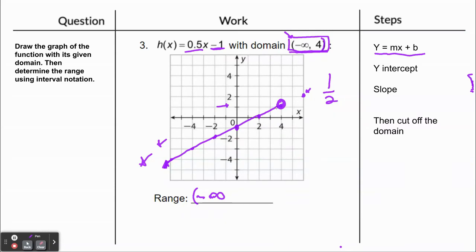And again, that's an open circle, so it is not inclusive. So our range is -infinity